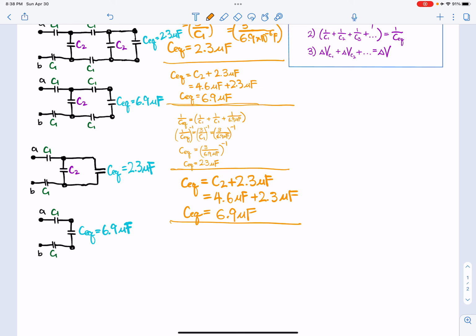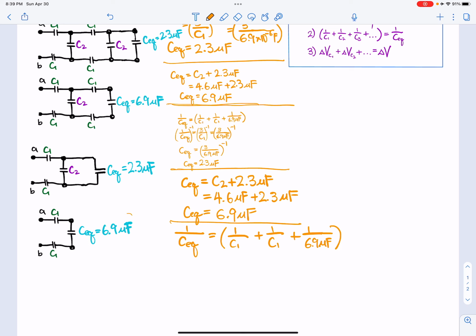So again, 1 over C equivalent is going to equal 1 over C1, right? Plus 1 over C1 again, plus 1 over the equivalent capacitance, which is 6.9 microfarads,